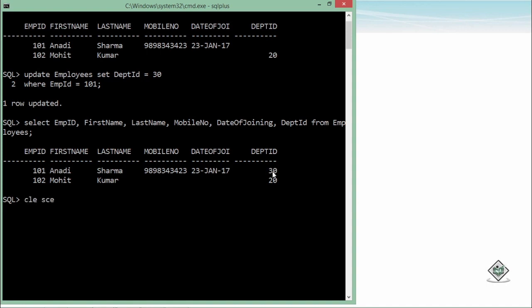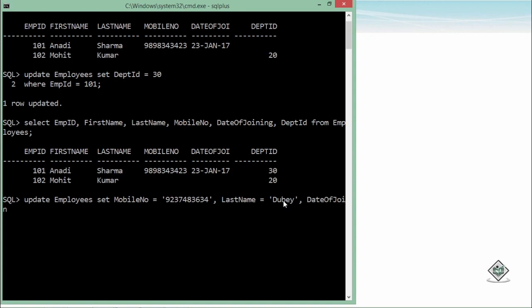Similarly, if I want to update the values for multiple columns, I can do that as well. After the SET keyword, I'll pass multiple columns, for example, mobile number is equal to any random value. Now after that you can simply pass a comma and pass some more columns, like last name is equal to a different value. Currently maybe the value is there or maybe it is null, but you can anytime change the value which you want. Similarly, date of